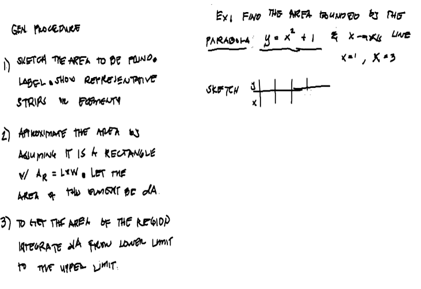So maybe around 1, 2, 3, enough points to just show our parabola. Okay, since we have this x and y axis,